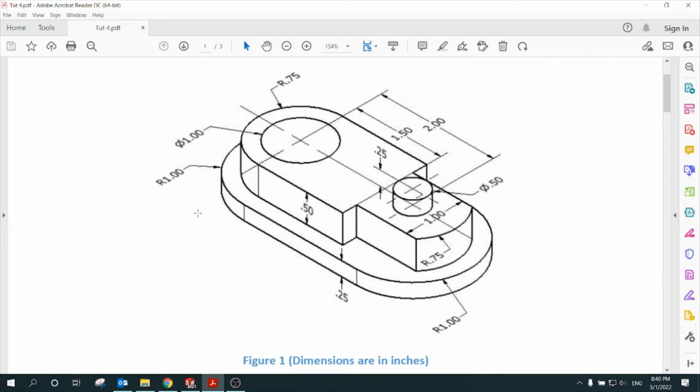Hello everyone, this is the first part of tutorial 4. Now this part is made of 3 features. The first feature is the half circle and half circle connected with lines, and this feature has a thickness of 0.25. When we build this blade, the ground, then we can go to the second feature, which is half circle